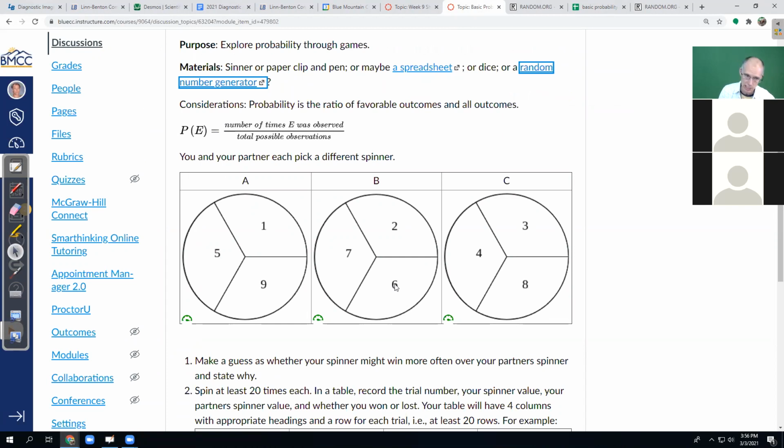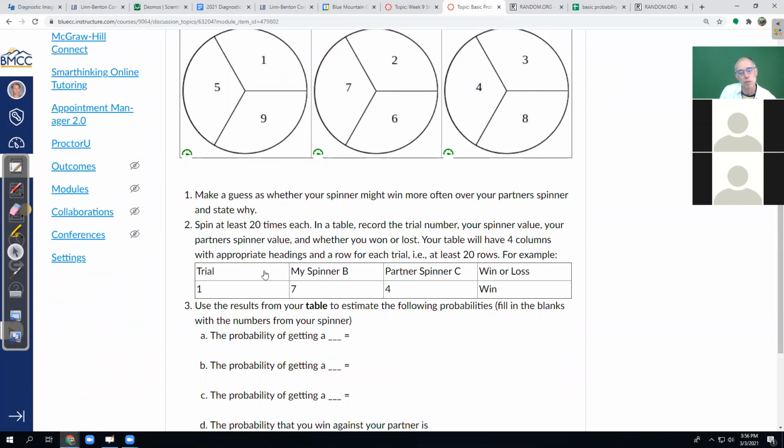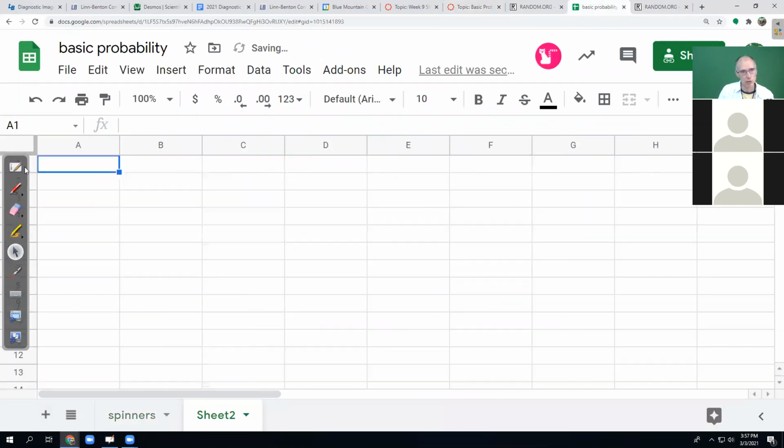I'm going to split you into teams, and I want you to each make your own table. Your table is going to show which trial you're on, what spinner you have. So you're going to say my spinner's B or my spinner's C, what your partner had, what you rolled, what you spun, what your partner spun, and whether you won or lost. The table will have which trial you're on, and you're going to do this at least 20 times. So 1, 2, 3, 4, and so on. Whatever spinner you have,